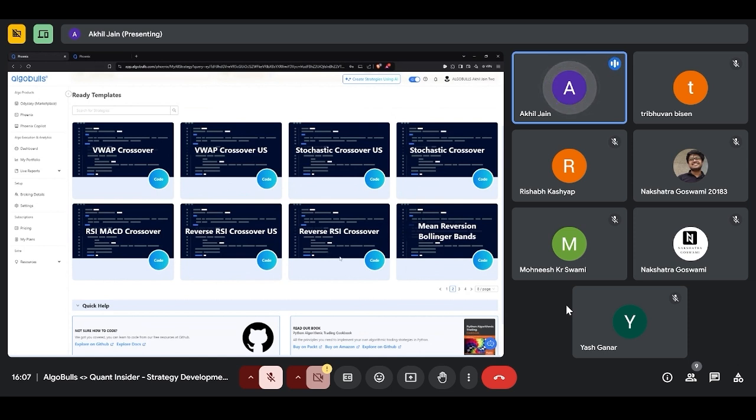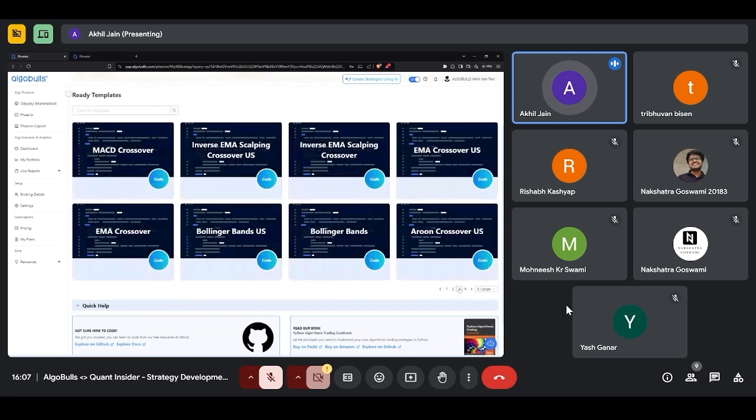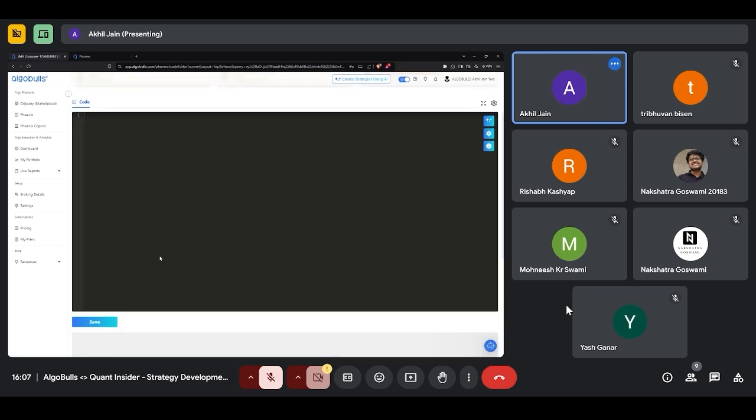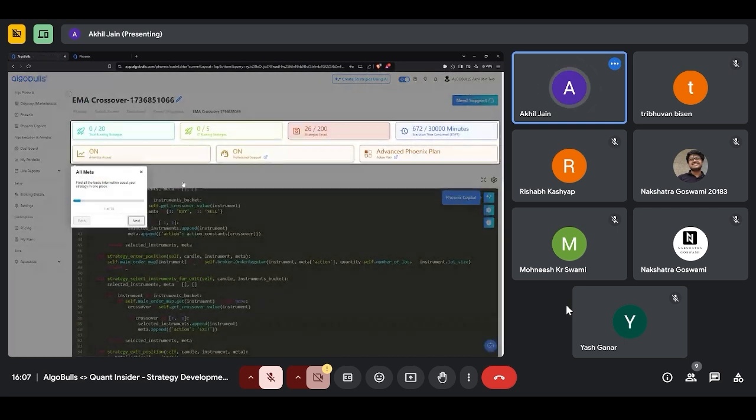Some of them are US based, some of them are crossover based, some of them are options, some of them are just equities. You can see the US ones are equities also because the options prefix is not mentioned on these strategies. I'll not scroll much, so I'll just go to page 3 and we'll stop here. What I'm going to do is choose one of them, let's say EMA crossover. So I'll say code, and this will open the code here.